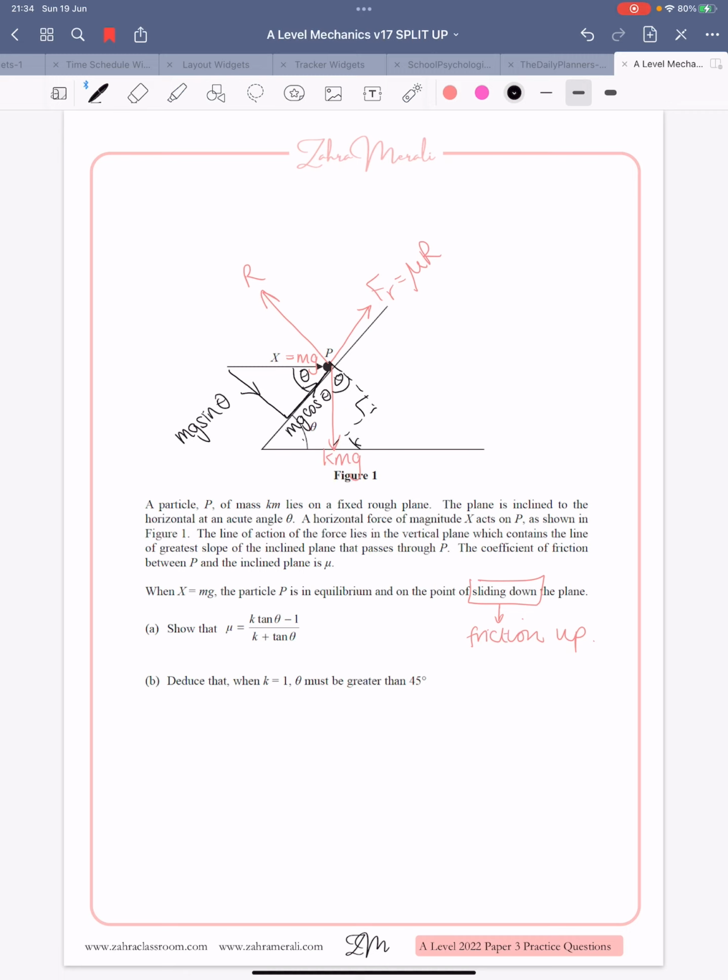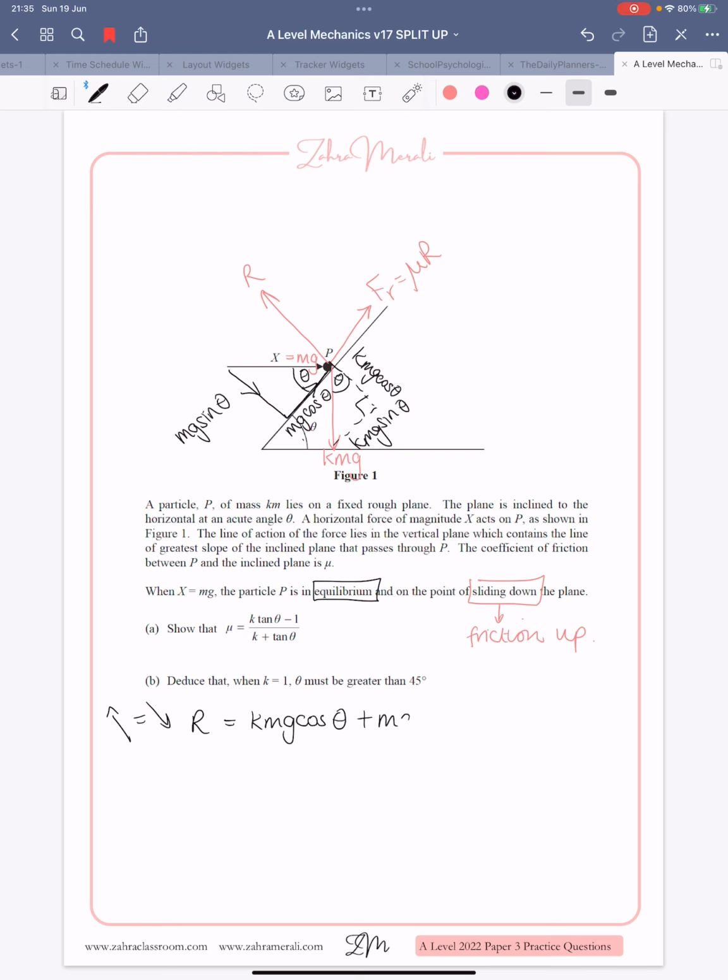Going down the slope is always sine theta, and this is going to be kmg cos theta. And now all we're going to do, we see the word equilibrium. We've got this way equals this way. Let's do that first. So going up the plane, we've got R, and that equals kmg cos theta